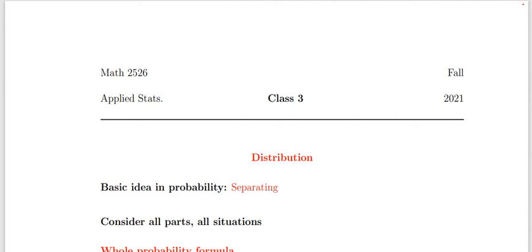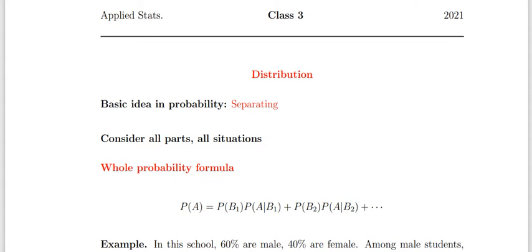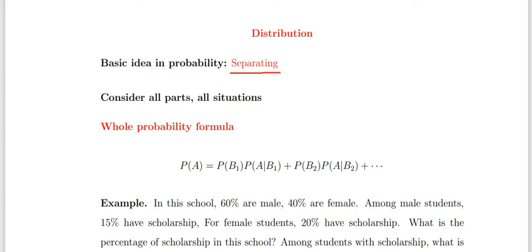So last class we discussed how to find probability. A basic idea in finding probability is separation. We just separate the whole into parts. When we consider some probability for all people, we need to check each part, right? So we have this whole probability formula. When we find the probability for this thing to happen, P(A),